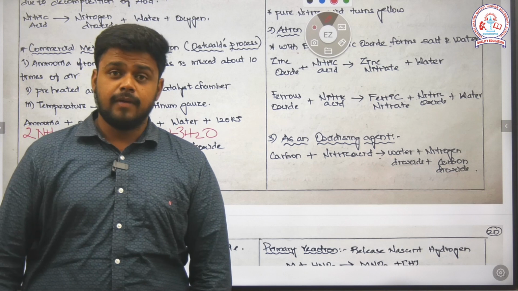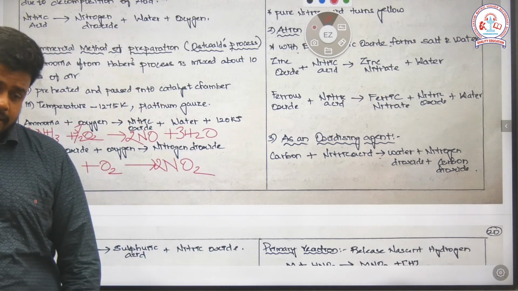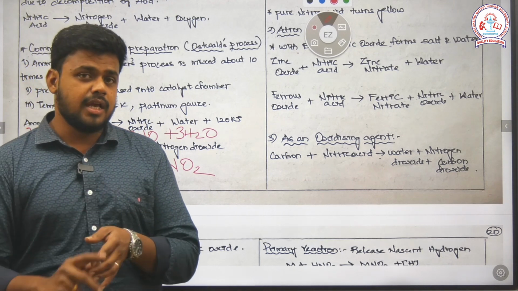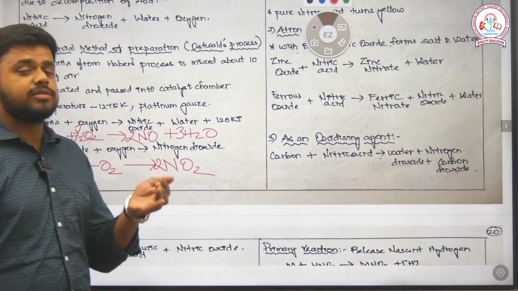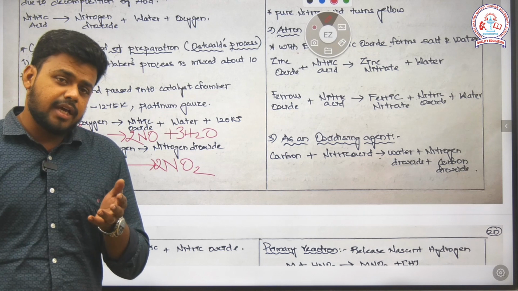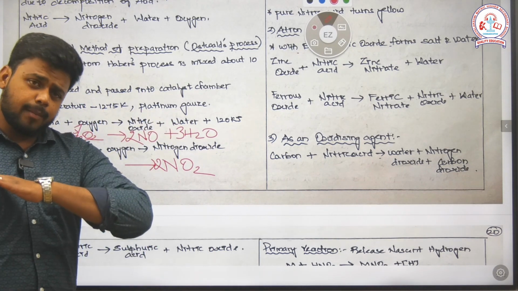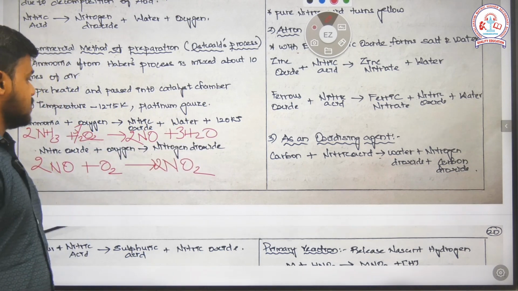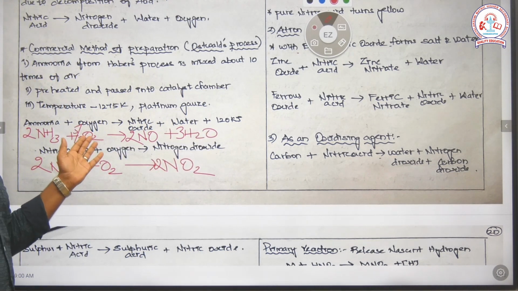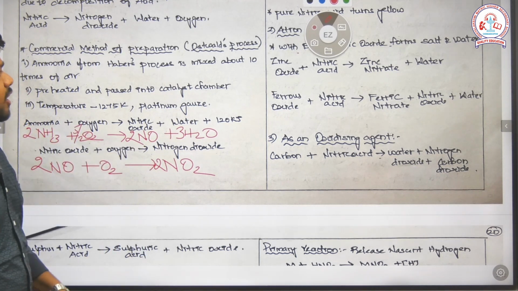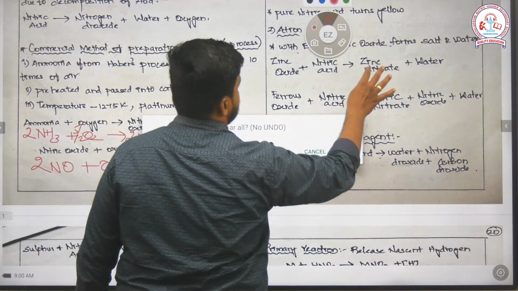See, initially ammonia and air is being passed through the chamber at the ratio of 1:10 as a preheated condition. Temperature has to be maintained at 1275 Kelvin, and the whole mixture is further heated. That's why the temperature is maintained, and it has been passed over the platinum gauze. Since ammonia and oxygen react to form nitric oxide, which will react with the oxygen to form nitrogen dioxide. Then the third step includes